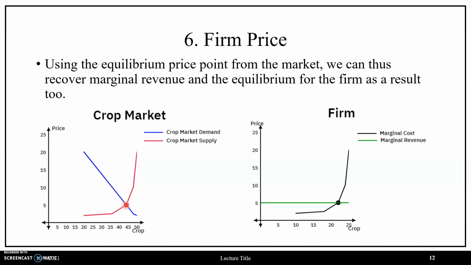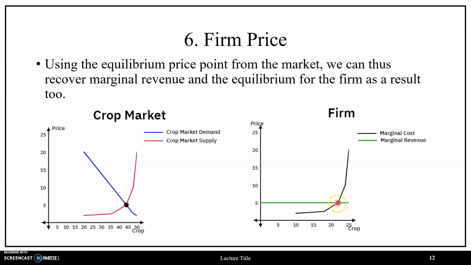Since this is a perfectly competitive market, firms are price takers, so they take price as a given in what's determined in the market. In the market, we determined that the equilibrium price was $5, so firms price their goods, in this case crops, at $5, and this constitutes the marginal revenue curve for a firm. And so if we pair this in tandem with the marginal cost curve or the individual product supply curve of a firm,